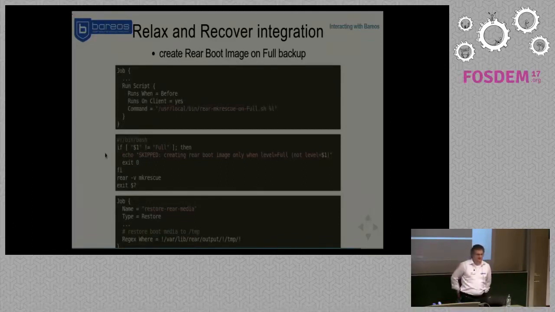A minimized and quite comfortable way to integrate it with Bareos: normally you have the question, okay, when my system broke, I need my rescue system. So I should be able to have a recent rescue system. So when to create it and where to store it, because you normally don't want to store it on your local system. We have options to store it on NFS and things like this, but via a backup solution. So this approach just creates this regularly on every full backup and stores them locally on our own file system,